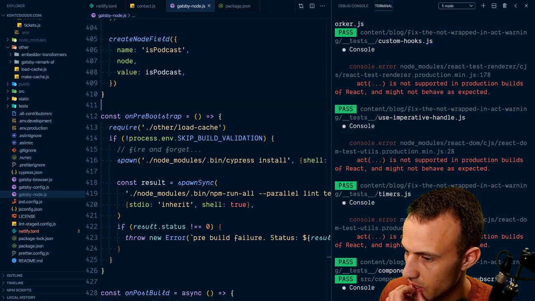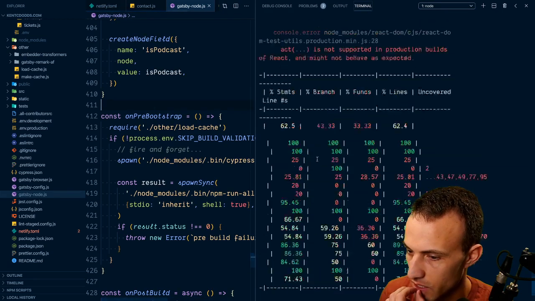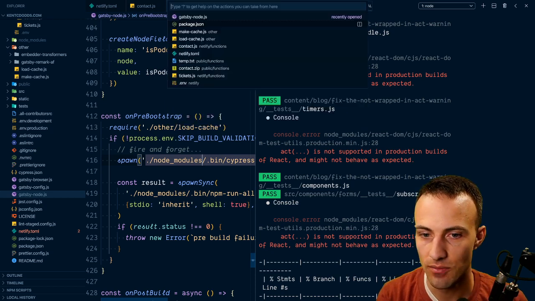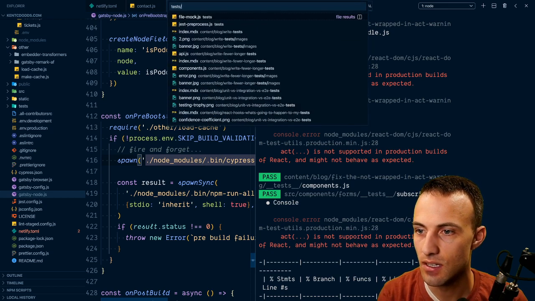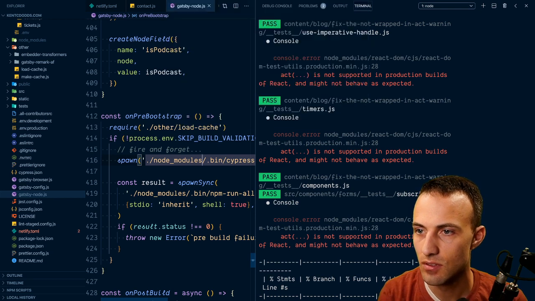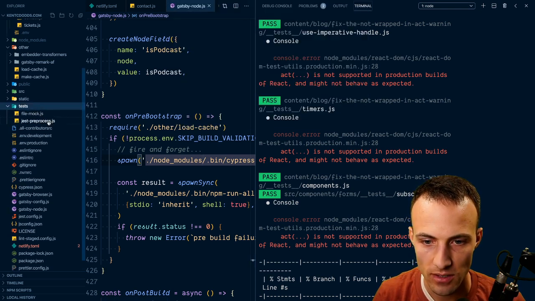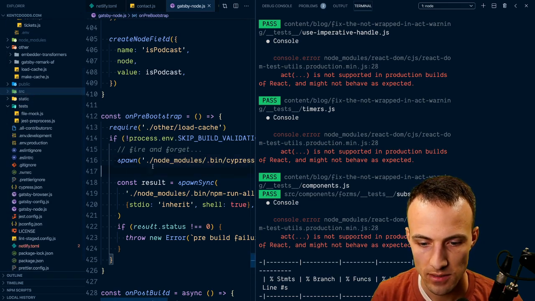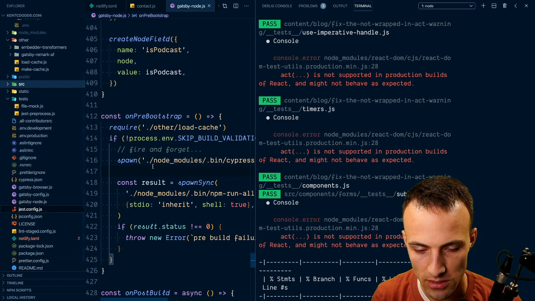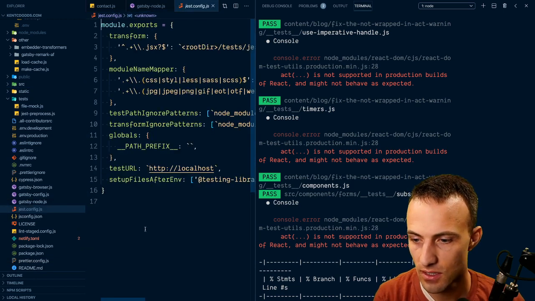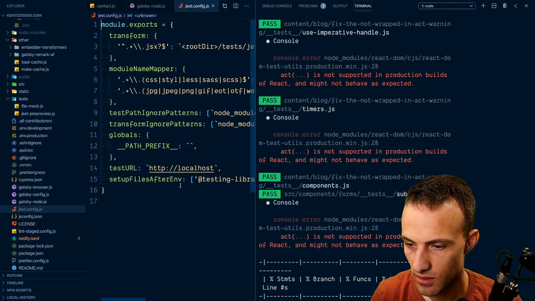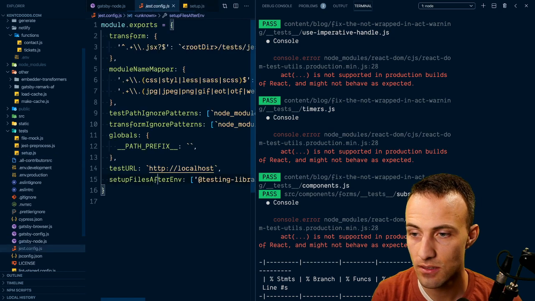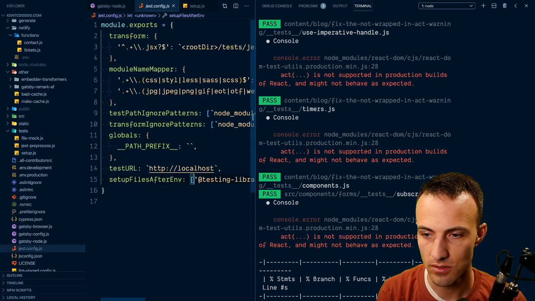That's interesting. It's because production is set to, or yeah, okay, so let's do tests. Okay, whatever. It's right here. Let's see, we want just config, setup files after env, setup.js. We'll do